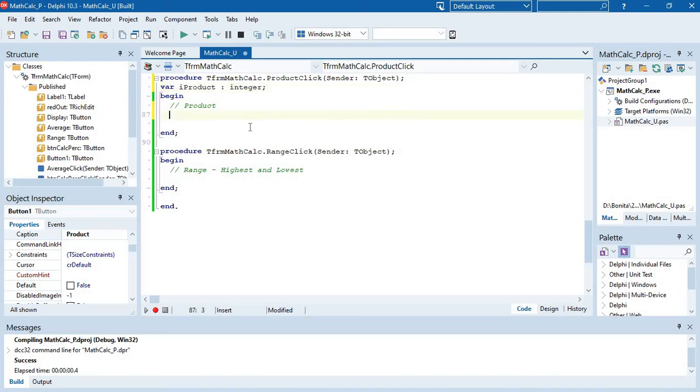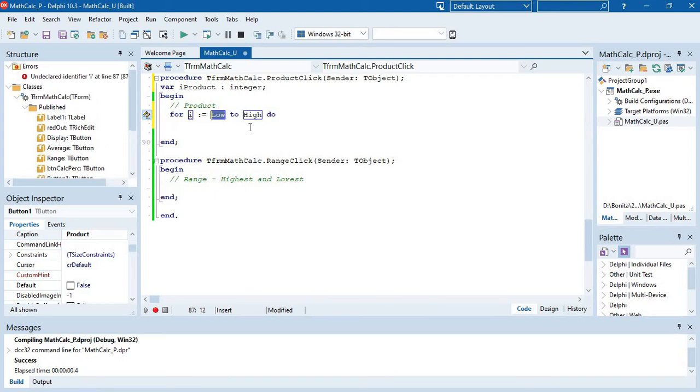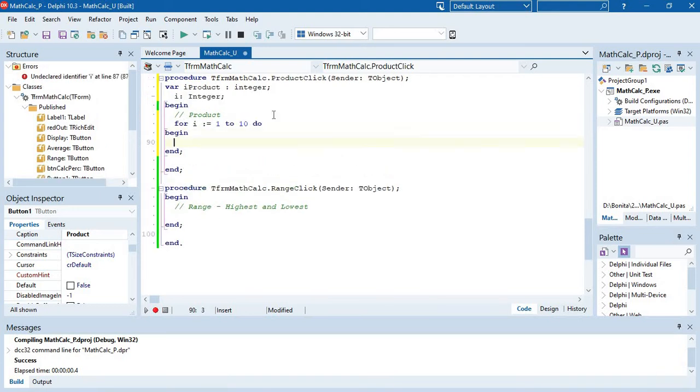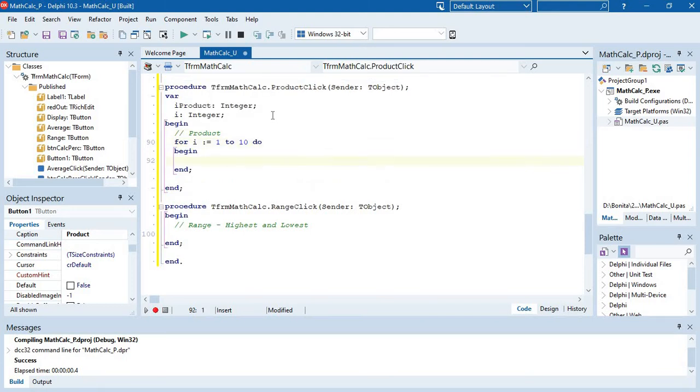So we're going to loop for I going from 1 to 10. I'm going to press Control D often. I hope you also start using Control D to quickly format and indent your code text as you go along. So for I going from 1 to 10, the product is going to be the answer that we have